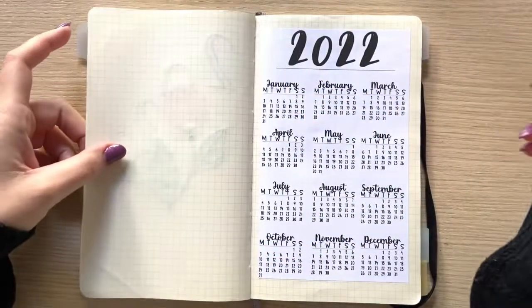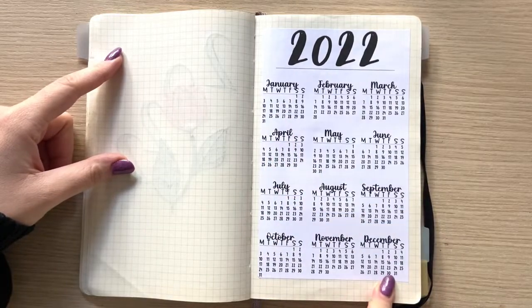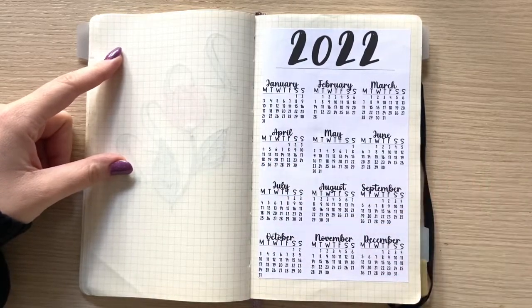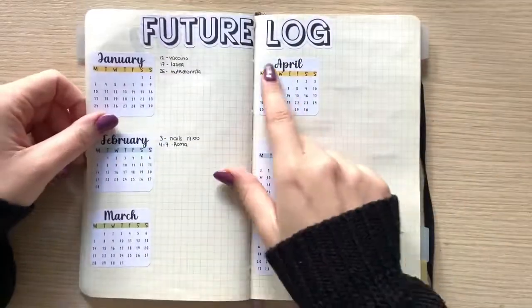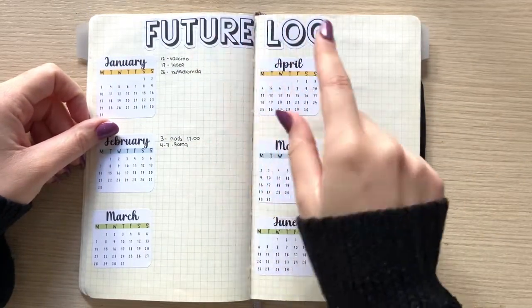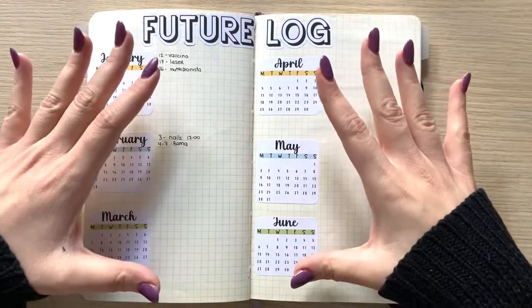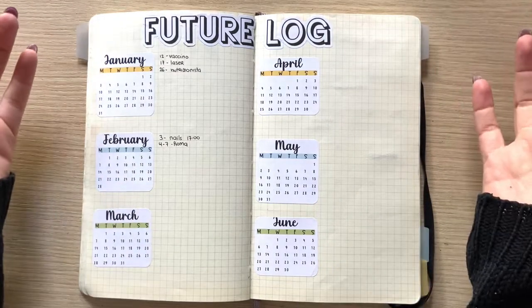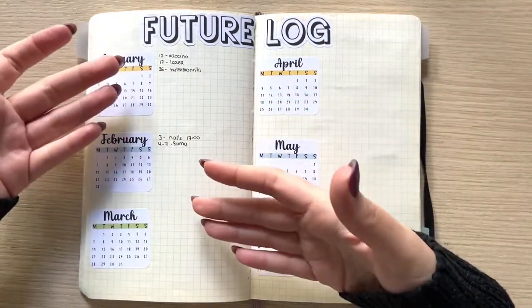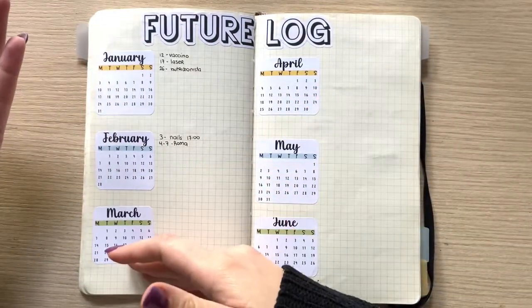It's there, whatever. I made myself this year at a glance spread, and I printed it and stuck it in my notebook, as well as this future log with just stickers that I made myself. And I like to have these snippets of the year ahead, so that if I have any future appointments that come up before that month,